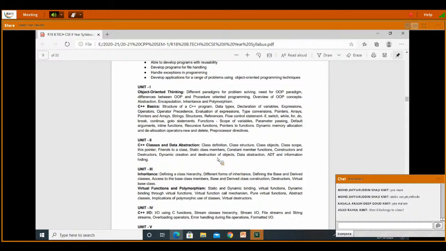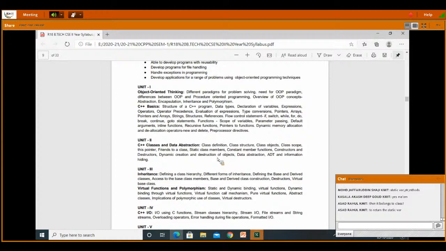What is the advantage if I make any member function as static? To access the static variables in my class, those static variables I can use in static methods. Yes or no? That is, remember, when there is a common functionality for all my objects,